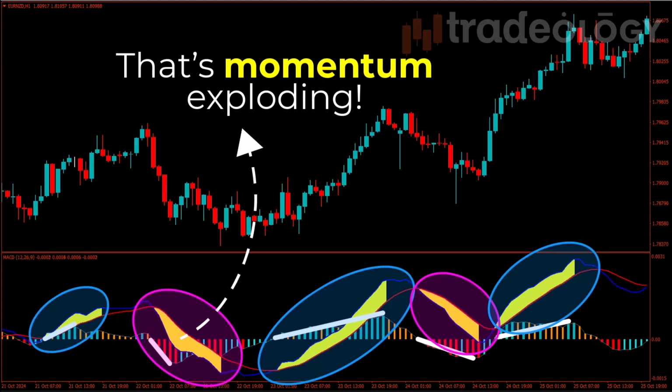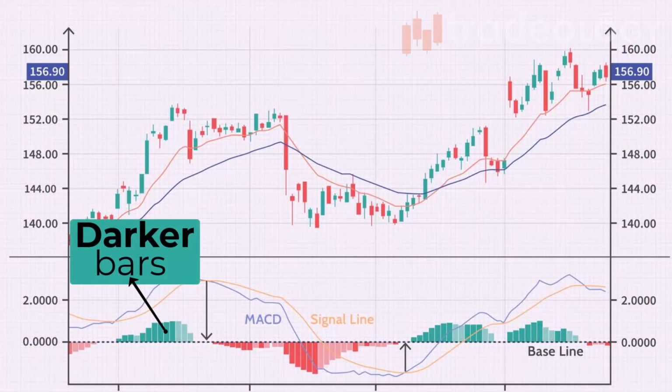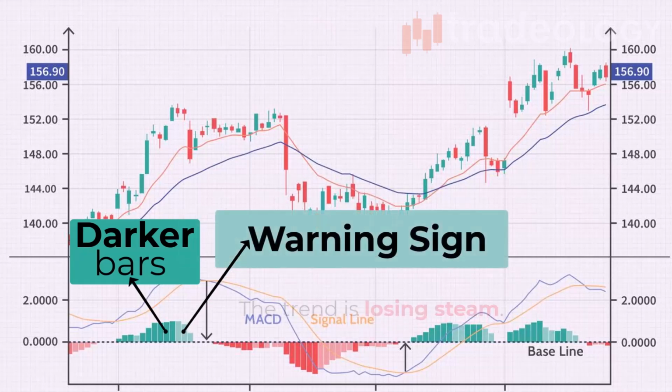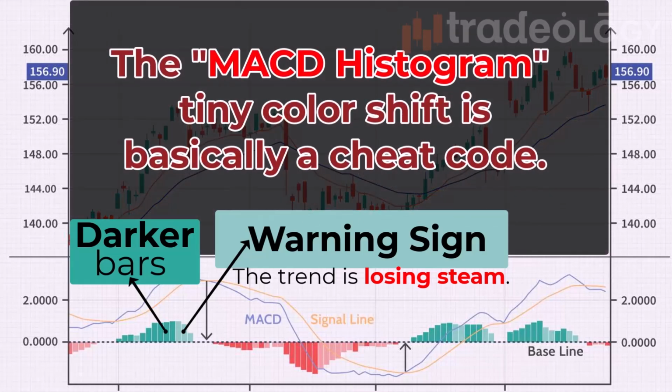But here's the crazy part. The colours of the bars actually change too. Darker bars pop up when momentum is getting stronger, but when they start turning lighter, it's a warning sign. The trend is losing steam. And this happens before a full reversal kicks in. That tiny colour shift is basically a cheat code, giving you a head start on spotting when the market might